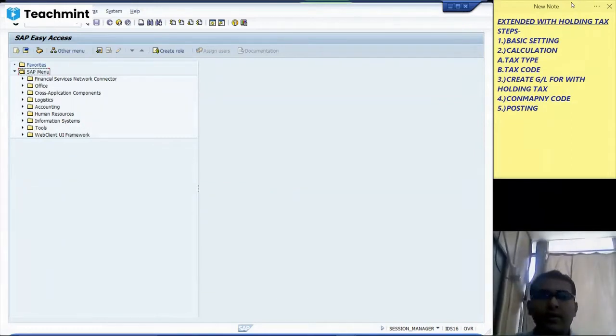In this session, we will cover the configuration steps of extended withholding tax. In extended withholding tax, the steps are basic setting, calculation, company code, and posting. So each step has some parts. Under basic setting,